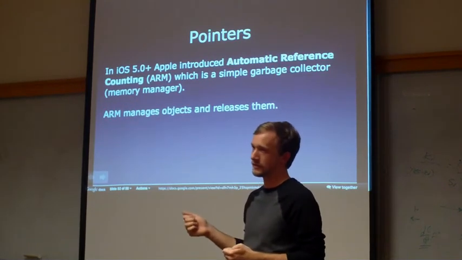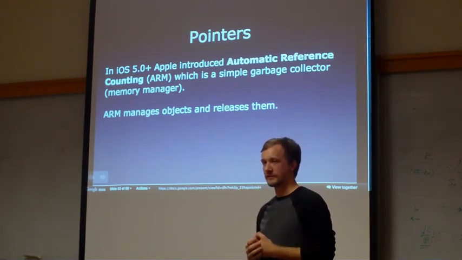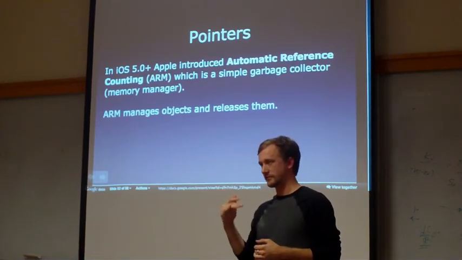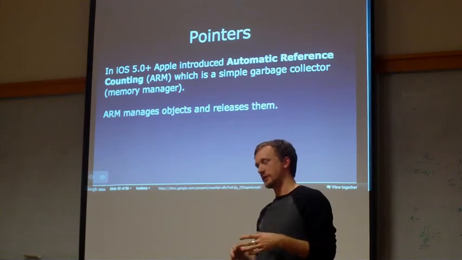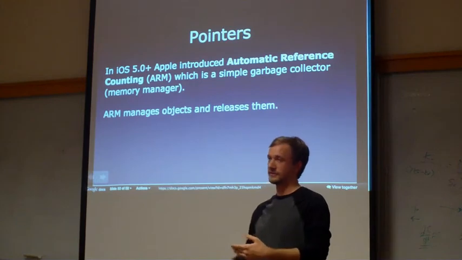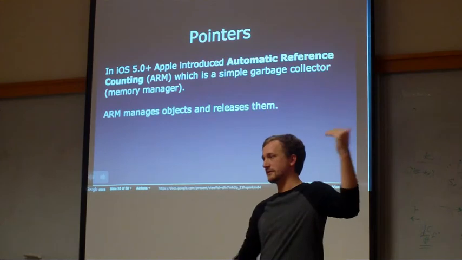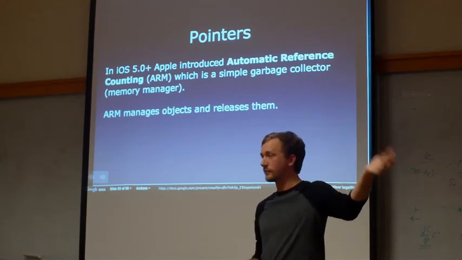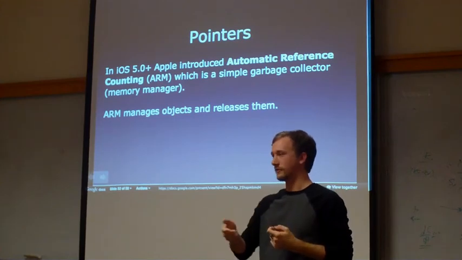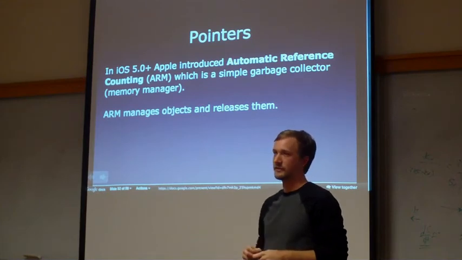The only exception to this rule is in iOS 5, and continuing on, Apple introduced this thing called automatic reference counting, and it's basically a system that keeps track of how many objects you've instantiated, and it checks if that object is not being used, and if that object's instantiator, like my view controller makes an image loader object, if your view controller goes out of memory, well, you really don't have use for holding on to all of the things that it retained. So the automatic reference counting gets rid of anything else that you don't need.